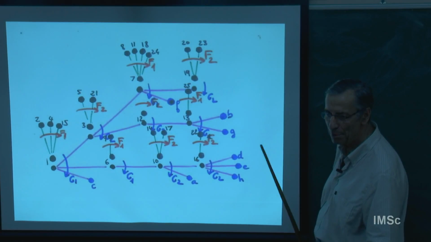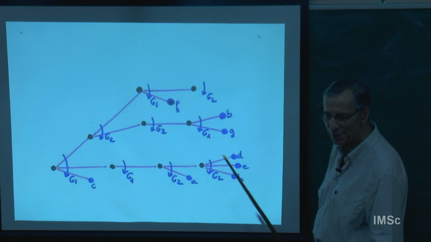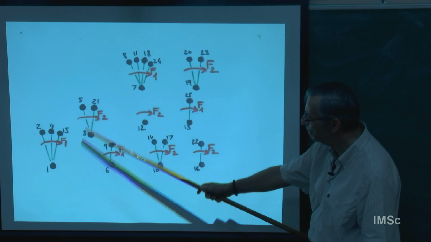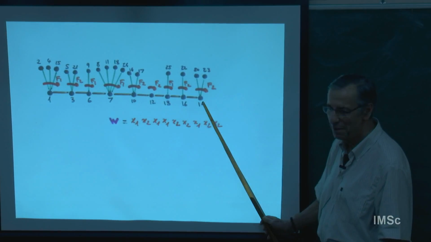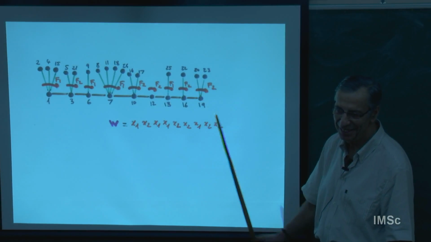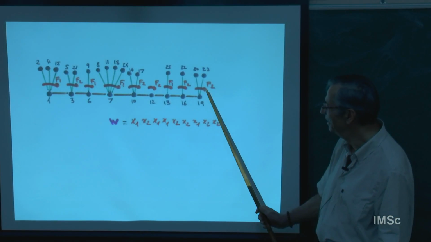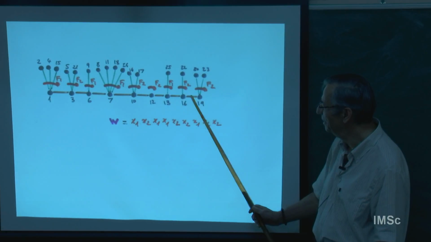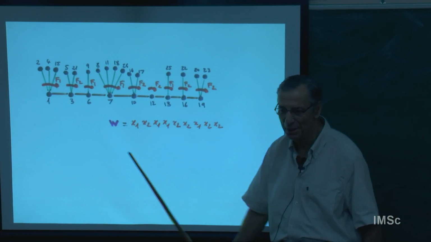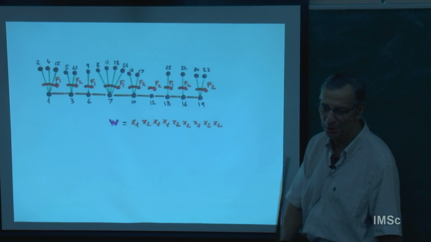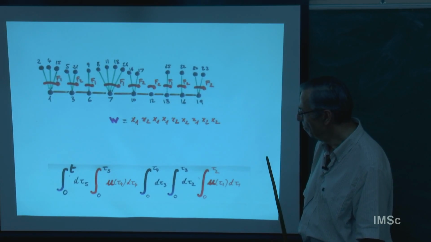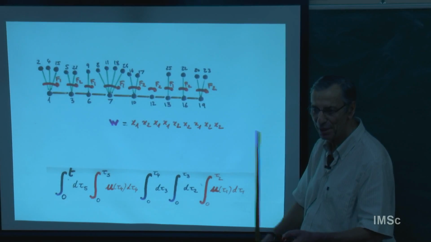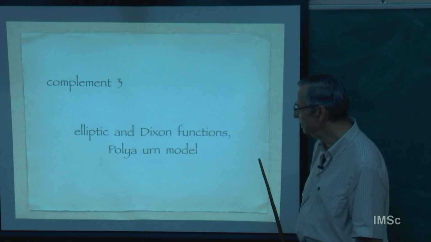I separate the blue and the green. So I have this, and then I put them together to have a total order here. And what I get is the iterated integral, because this is a visual way of seeing the iterated integral. This is the proof of what I have said before with the control theory. So this just gives you a flavor of the general theory.